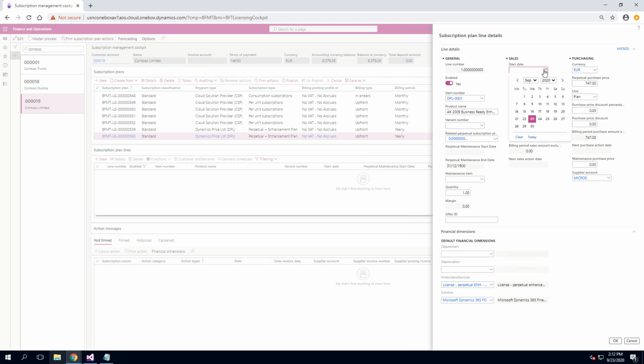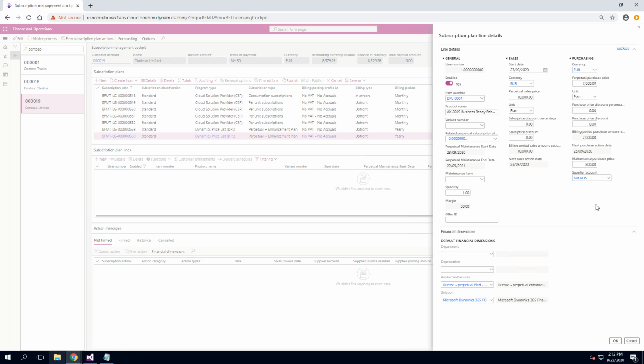My start date, I will set it to today. I will put in the sales price from my configuration, which is in this case 10,000. I will set up a perpetual purchase price, let's say 7,000, and I can also set up a maintenance purchase price of, say, 800